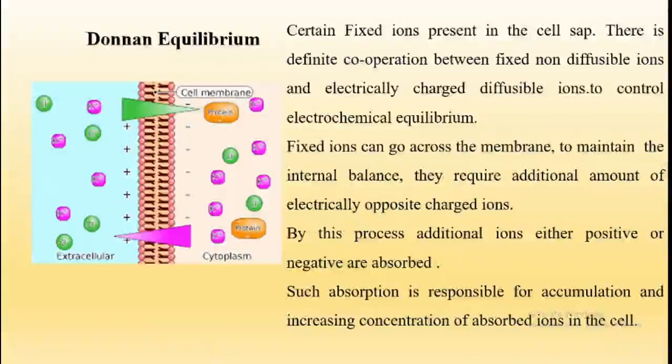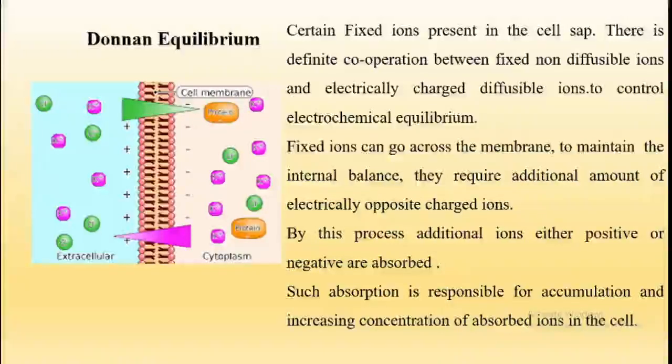Now, the last one is Donnan equilibrium. As in the diagram, certain fixed ions are present in the cell sap. There is definite cooperation between fixed non-diffusible ions and electrically charged diffusible ions to control electrochemical equilibrium. Fixed ions cannot go across the membrane, so to maintain internal balance,